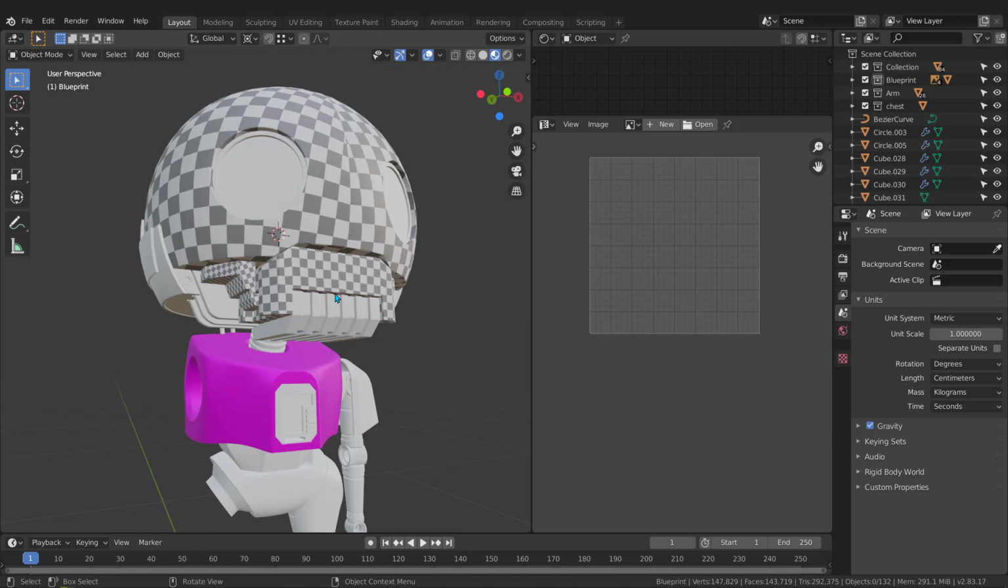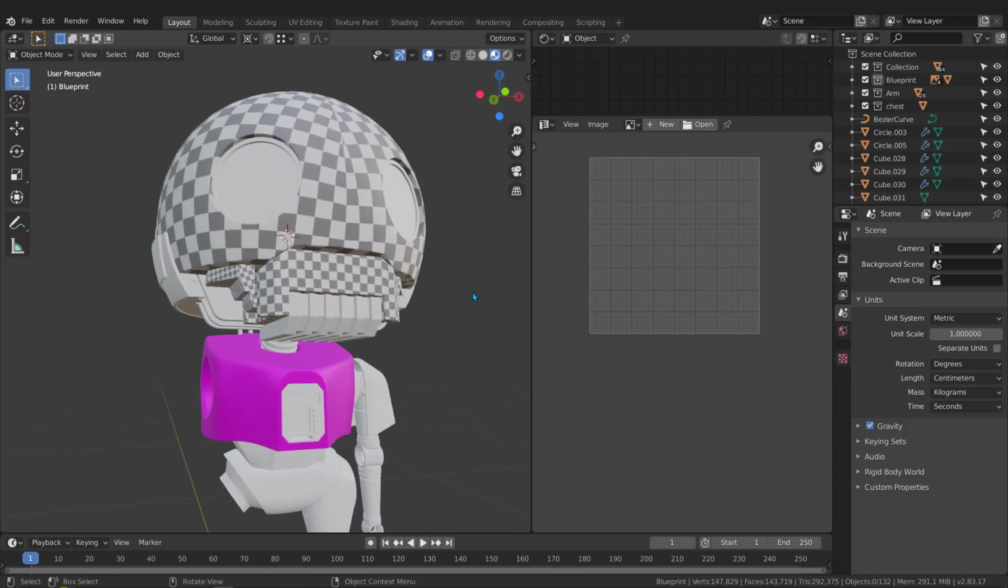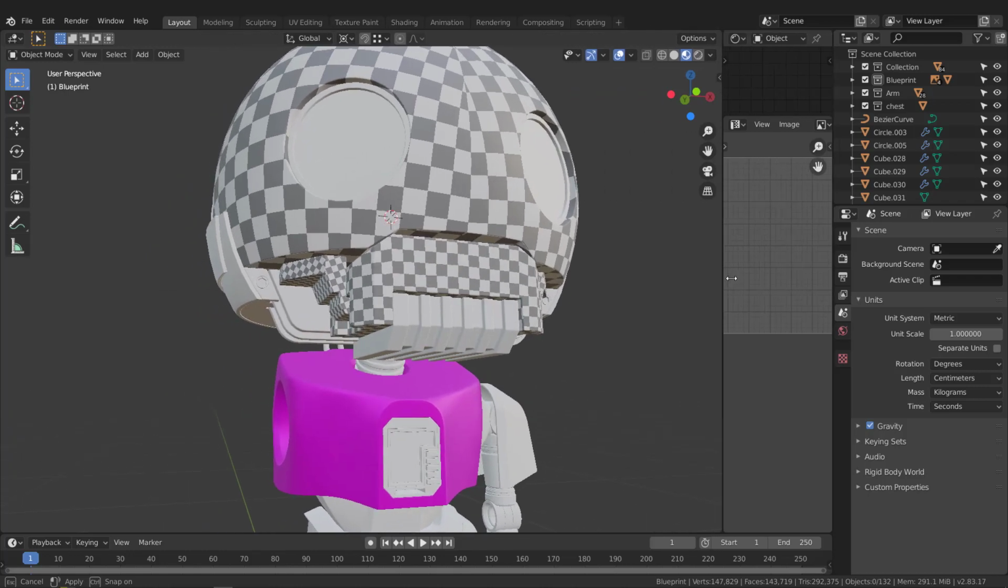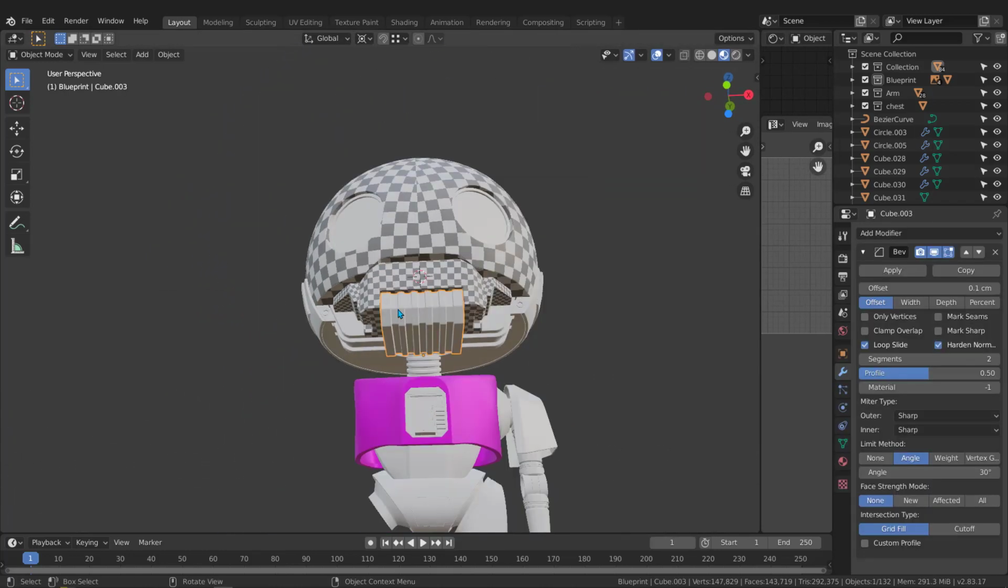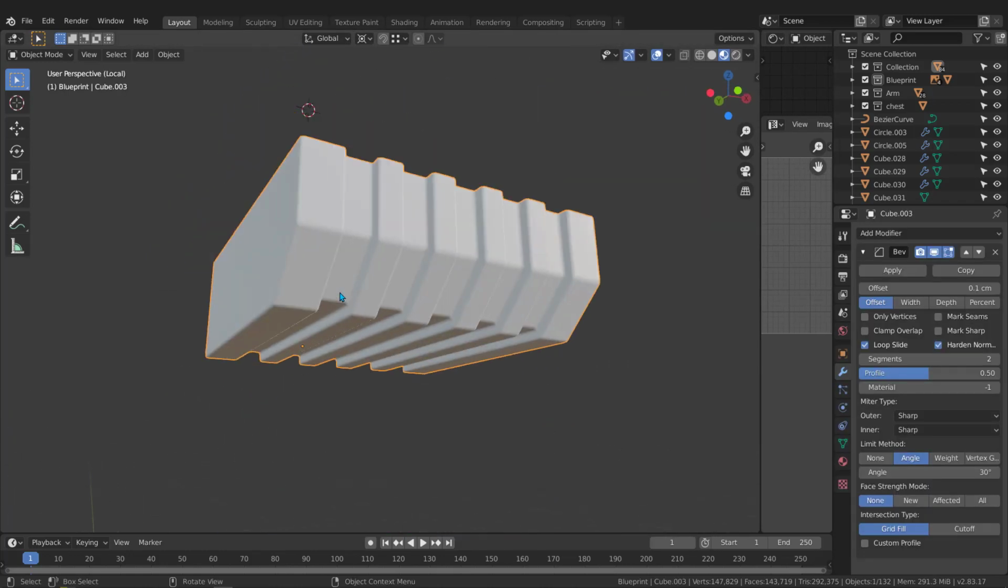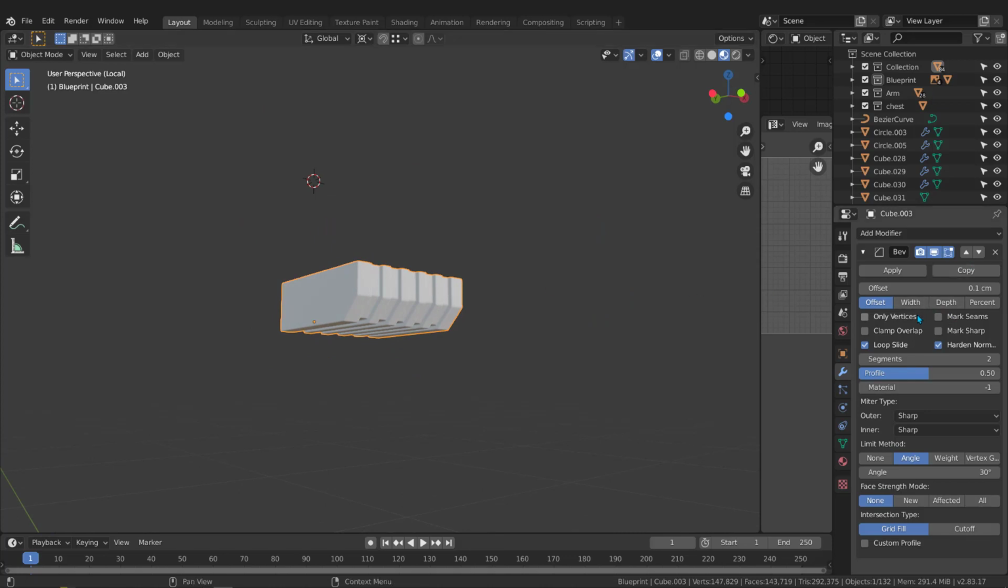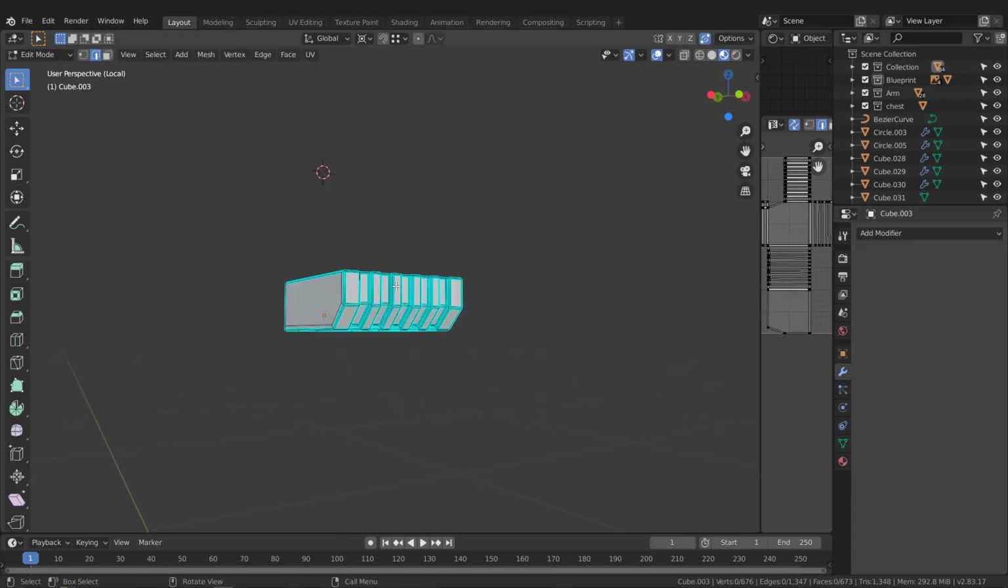Hi again. Now let's select something else to unwrap. I'm going to minimize this a bit and let's select this piece right here and hit slash to isolate it. What we have here in the modifier stack is just a bevel with two segments. That's what I want. Just apply it and then tab to the edit mode and